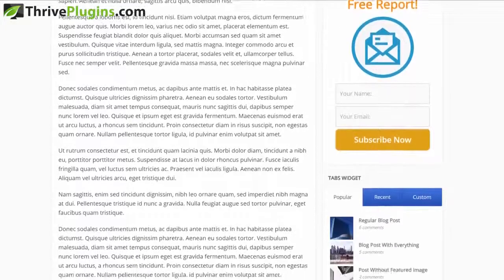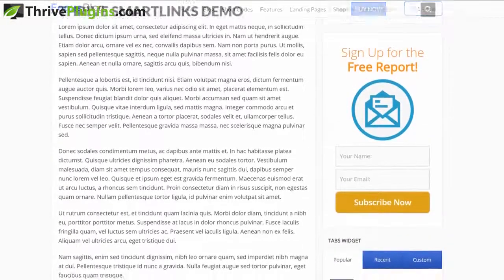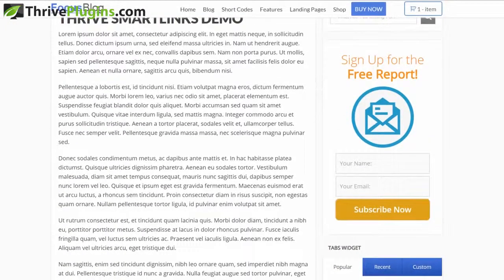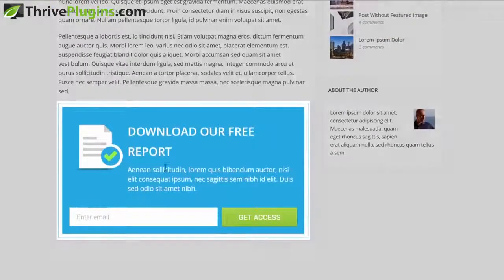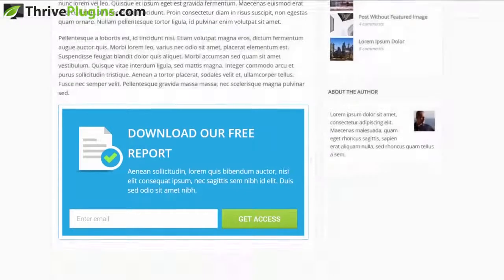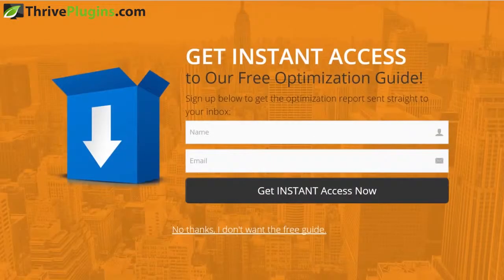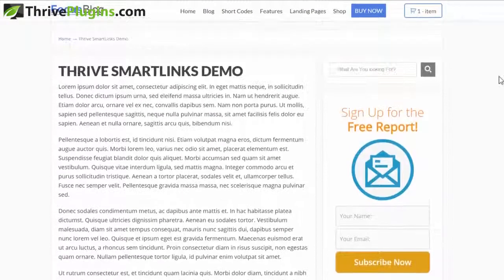Here's how it works. Here we have our example page or blog post, and we have a typical lead generation focused setup. So we've got an opt-in form in the sidebar right here. We've got another one at the bottom of the post, and we've also got one of these big unignorable overlays right here with, again, the opt-in offer. So this is a very effective setup to get new leads, but check this out. Here's what we can do with Smart Links.